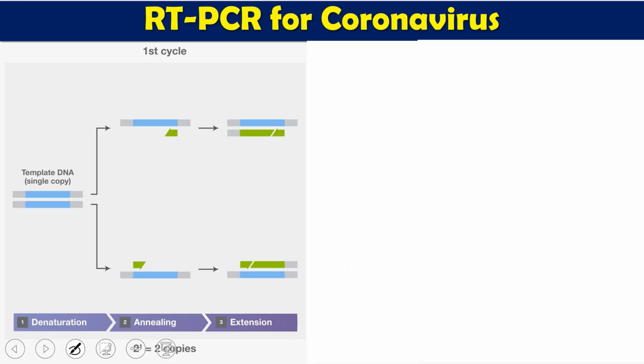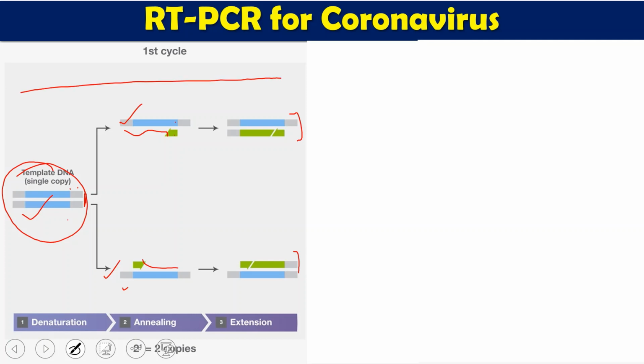In the PCR we start with a double-stranded DNA. Three steps are there. First, the two DNA strands will be separated out, like this one and this one. Then primer will bind on each of the strands, which is called the annealing step. And third is extension, where the primer will be elongated. So ultimately we started from one DNA duplex and we have got two DNA duplexes. This is called one cycle.